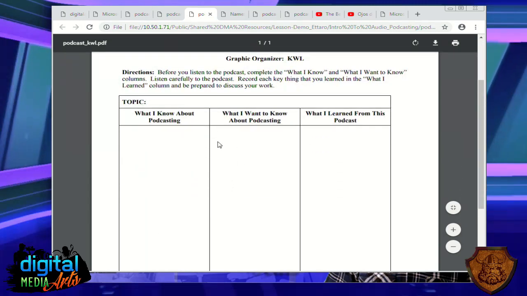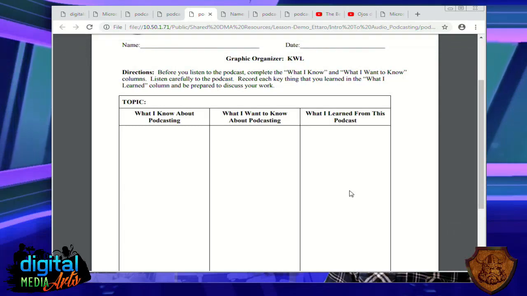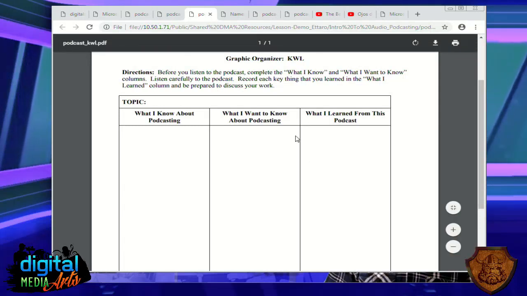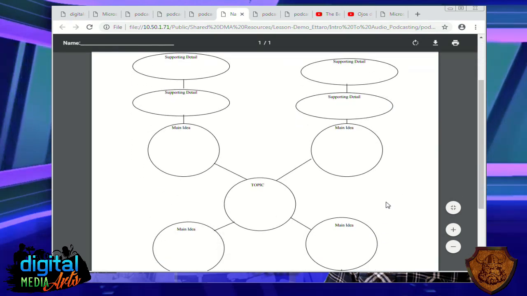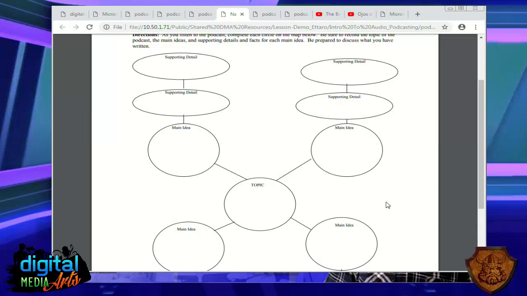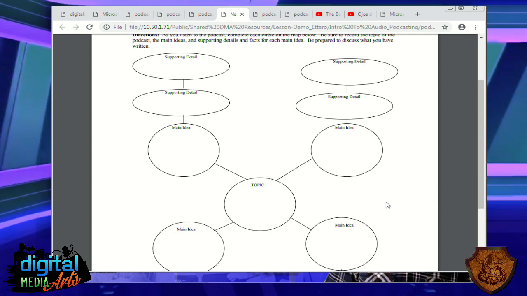There's a little KWL chart that we're going to use to organize your thoughts on what you think you know about podcasting, what you want to know about podcasting, and once we get through the unit, what you learned about podcasting. It will help you write a summary for your portfolio pages on your website. This is just a graphical version using shapes instead of the columnar layout. So if some of you think a little bit better that way, you can use a flow chart.